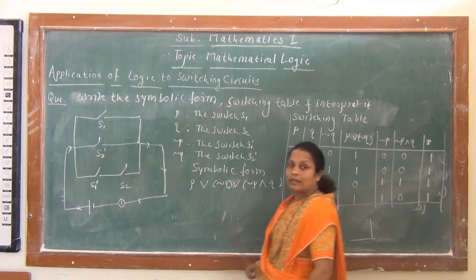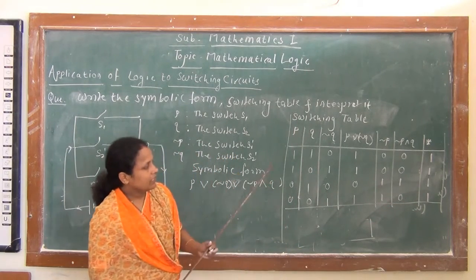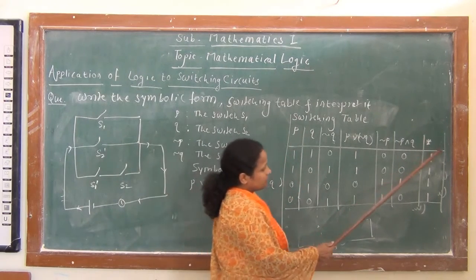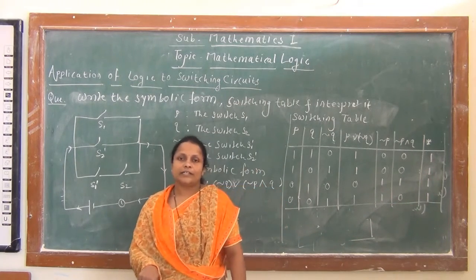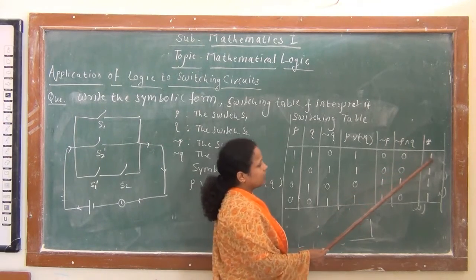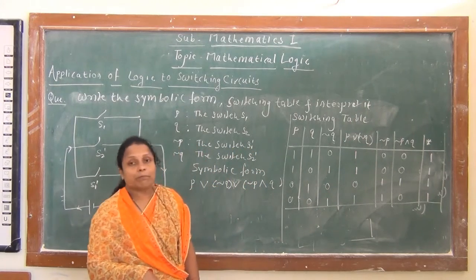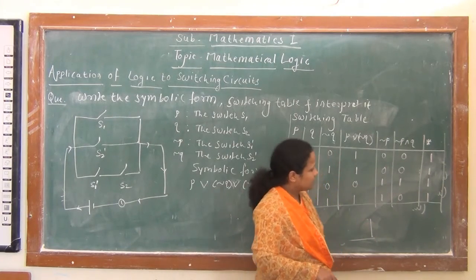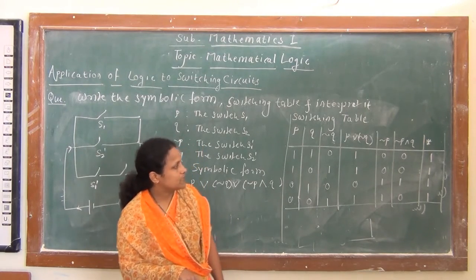So if you observe your last column, all the entries are 1 1 1 1. That is, if we write T for 1 and F for 0, this last column becomes T, T, T, T. That is, by using our logic, it is a tautology. So in a switching circuit, instead of T we write 1. That is, 1 means the switch is on or the lamp is on. So here we interpret from this last column that the lamp is always on irrespective of the status of the switches.